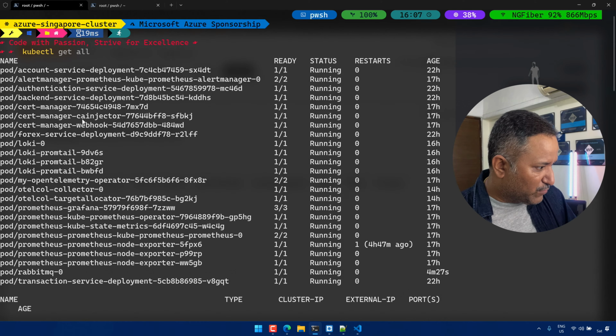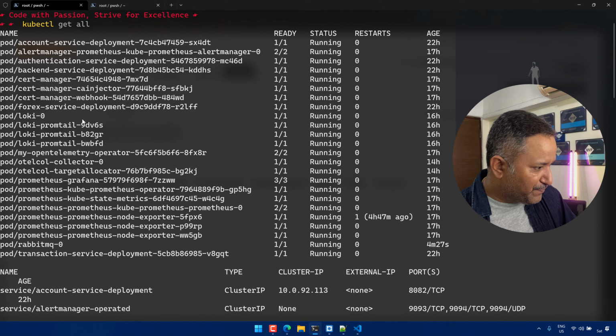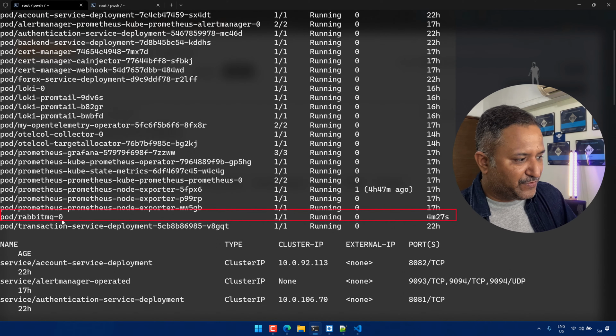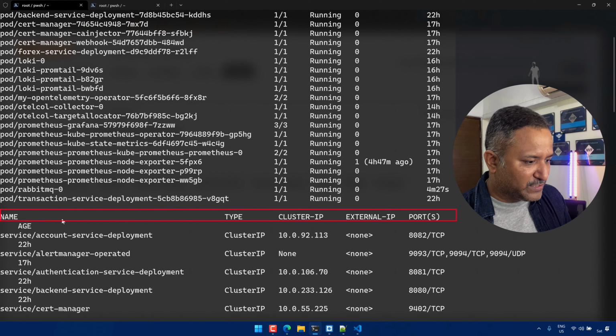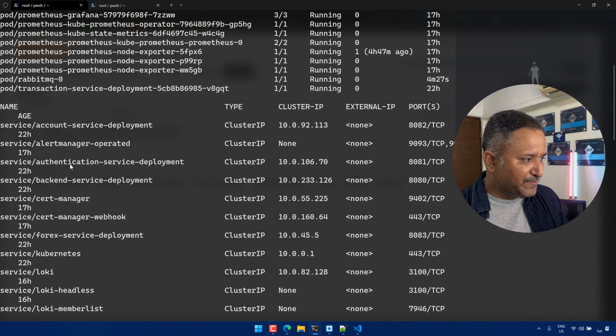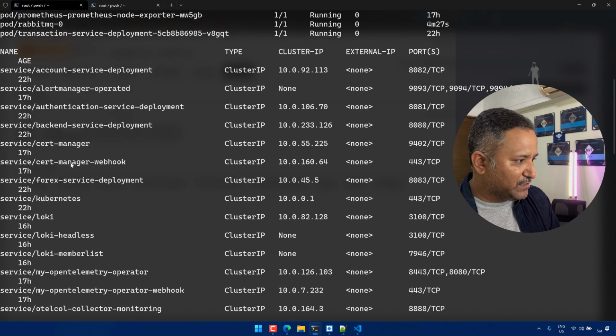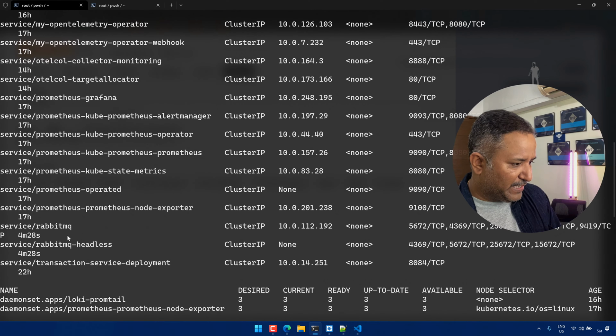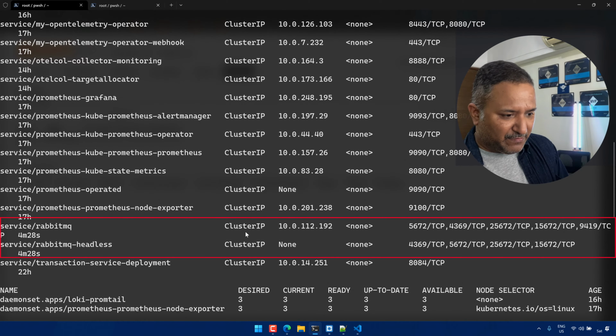But we can make out what got installed as part of the RabbitMQ. There is a pod created with RabbitMQ 0. When we have RabbitMQ 0, this is a stateful set. So we know that this is managed by a stateful set. Then under the services, if we go down, we have the RabbitMQ service, which is exposing